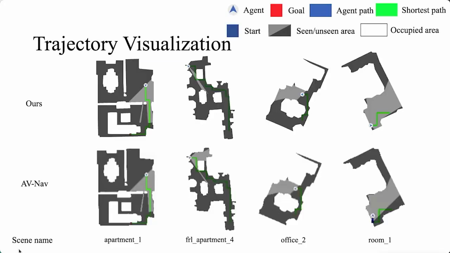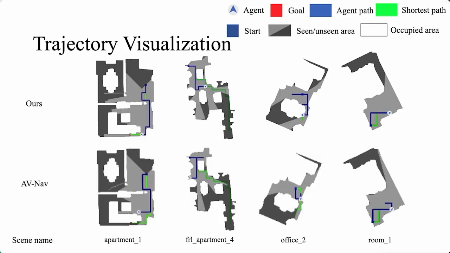The following slides show the particular trajectories. We will compare the consistency and efficiency of the trajectories of our method and AVNav for different sounds. After the same training steps, the navigation trajectory obtained by our method is more closely matched to the shortest path, showing high sample efficiency. In contrast, the original method may take a complex route or even fail in some tasks, such as the first 3 columns.